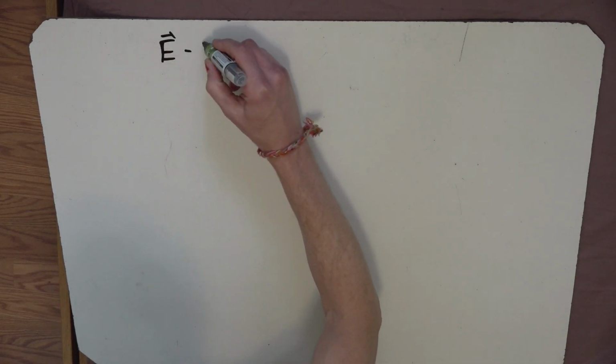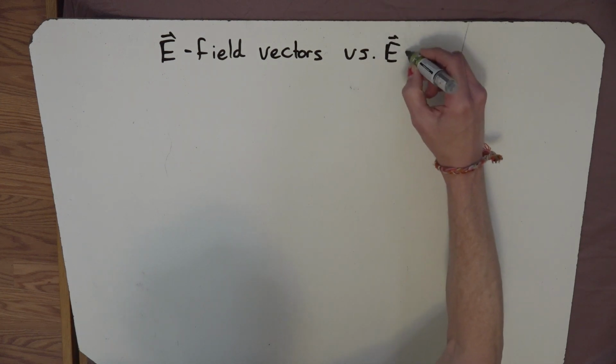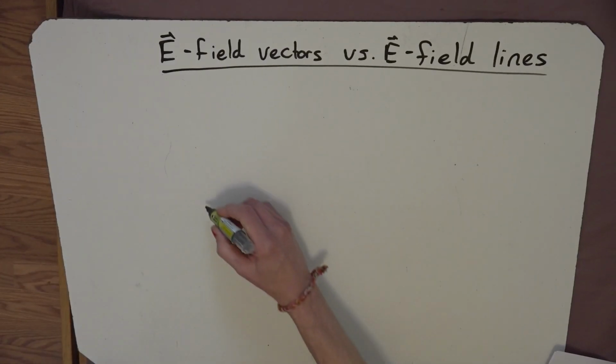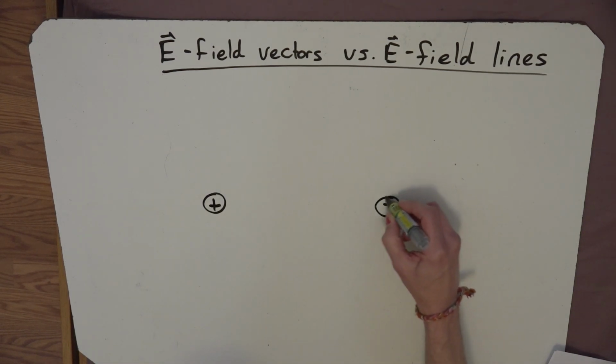In this video, I'd like to talk to you about the E field, in particular the vector representation versus the E field line representation. I am going to assume that you are already familiar with the technique of how to